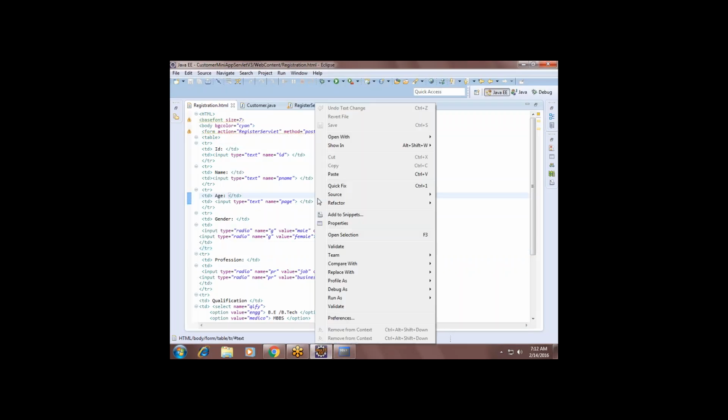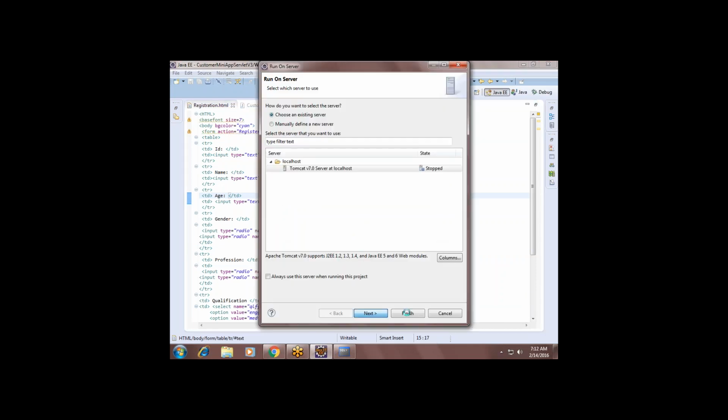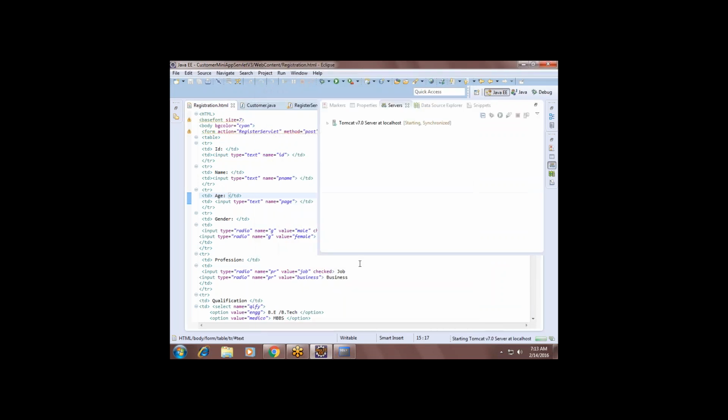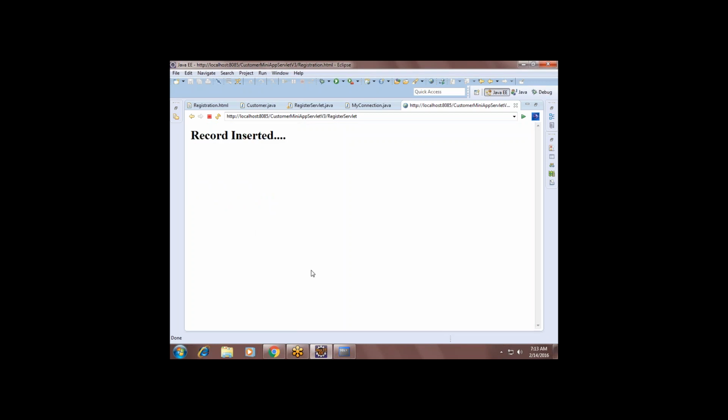Start, run on server. ID 201, name is Pasha, age is 33, male, job, BSc, Gachibowli. Right? I'll add it.